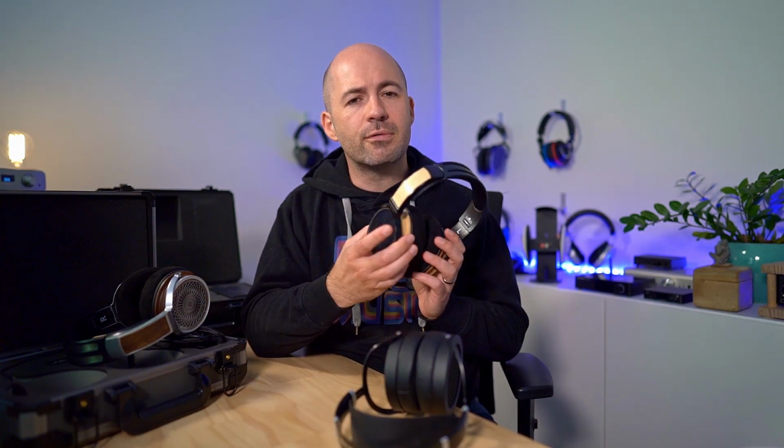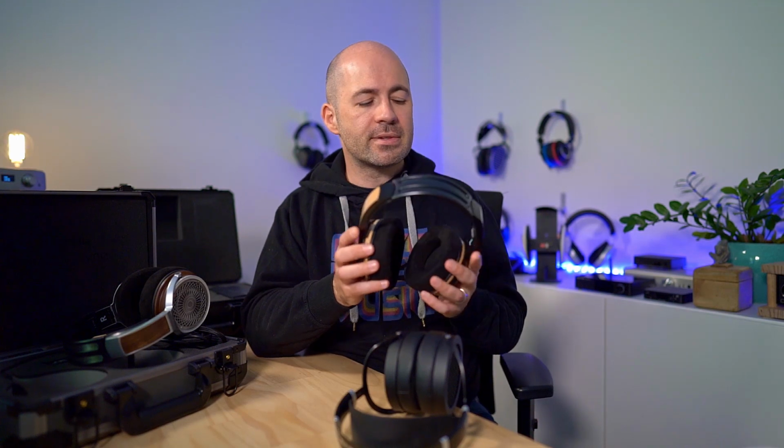But if you're looking for a secondary headphone in your collection, you've maybe got something that's a bit more neutral, a bit more do-it-all, and you want some fun, you want some excitement, the Poseidon are absolutely brilliant. I think at $435, they're still a very solid option. Their performance, their sense of clarity and space is very, very strong. They are clearly coloured, they're clearly rich, so you do need to know what you're buying when you get them,